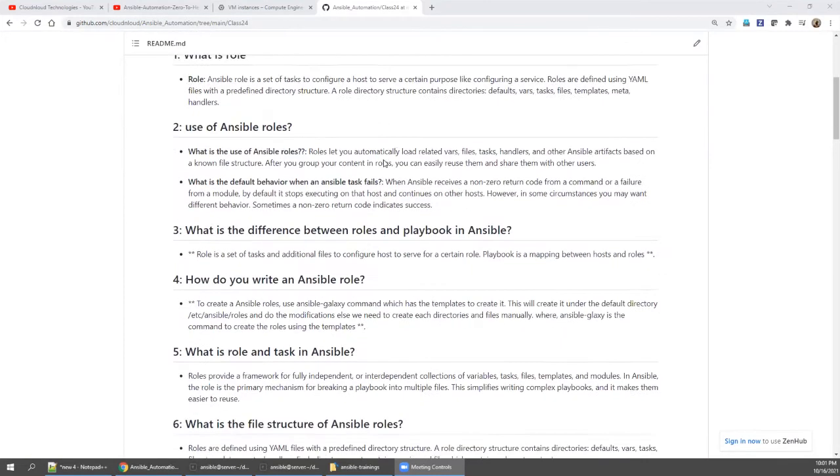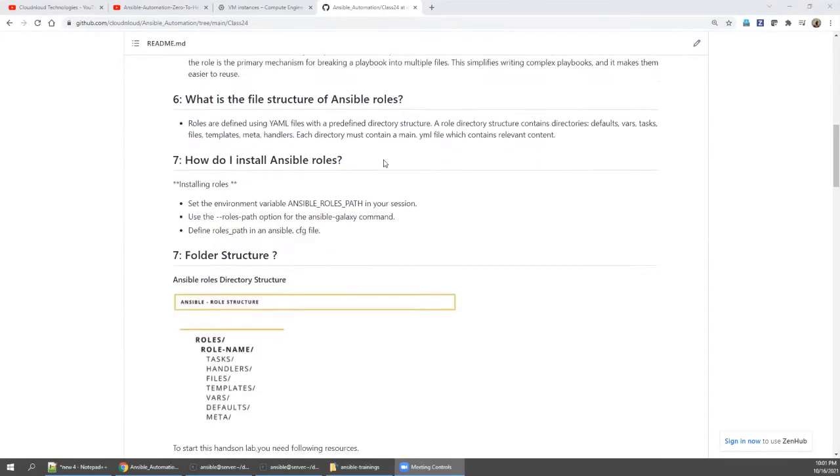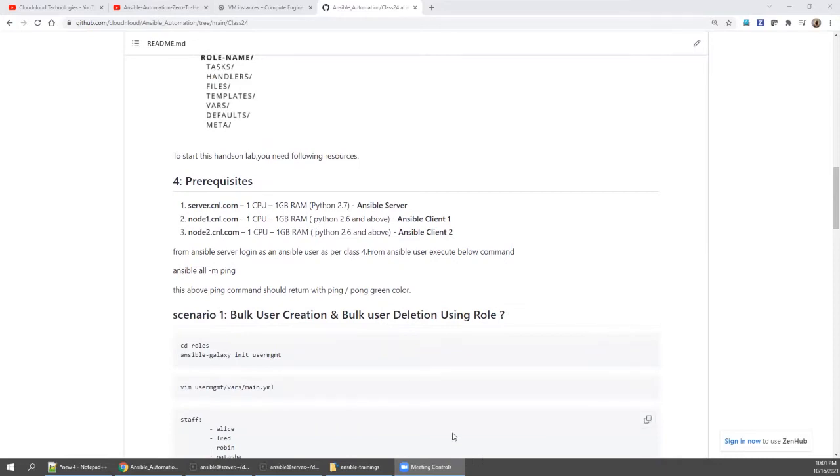Let's go directly. To do this hands-on lab, you need a 3 server setup: a server and 2 clients. From the Ansible server, if you run ansible all -m ping, you should get green ping pong, which means your lab is ready, good to go.